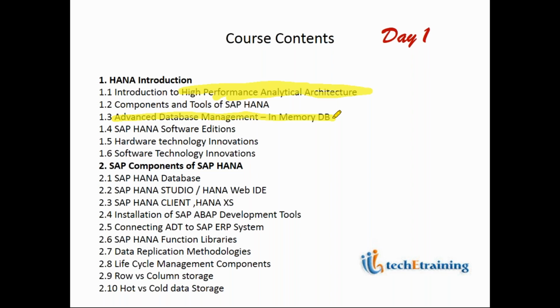No need to go and search anywhere. On the fly, you can get the data. That is the concept of in-memory. In an in-memory database, the data is available on the fly.